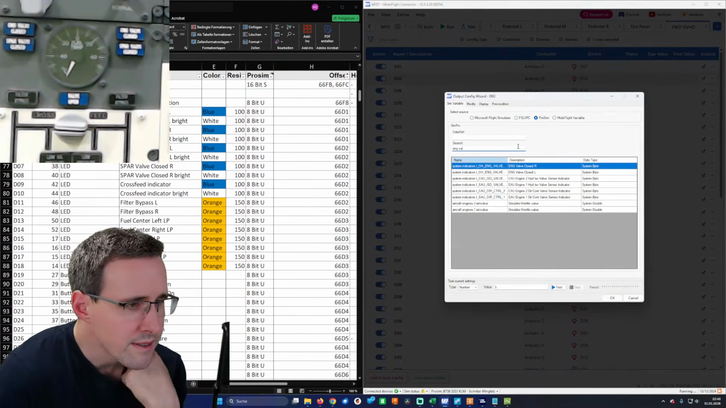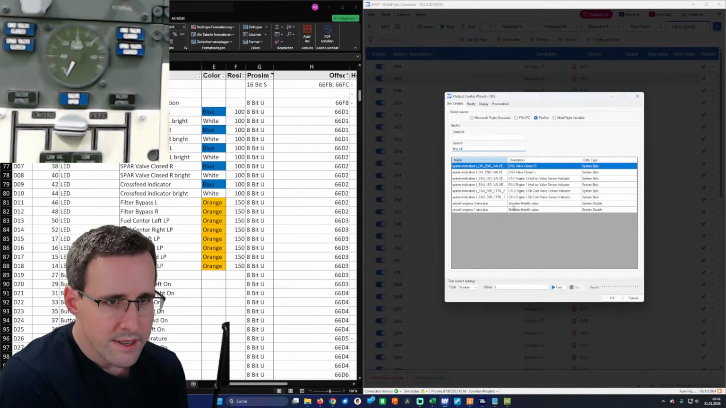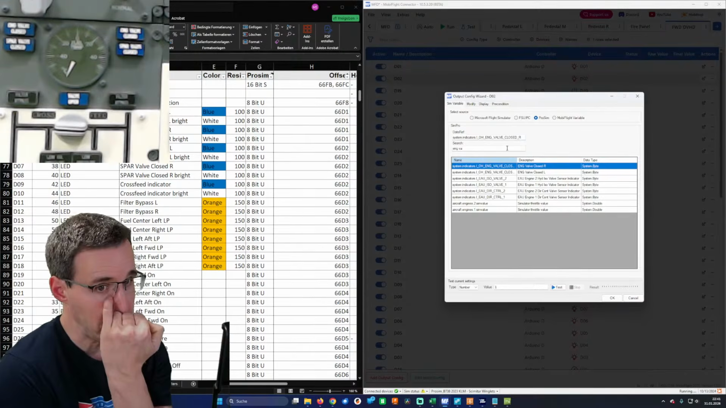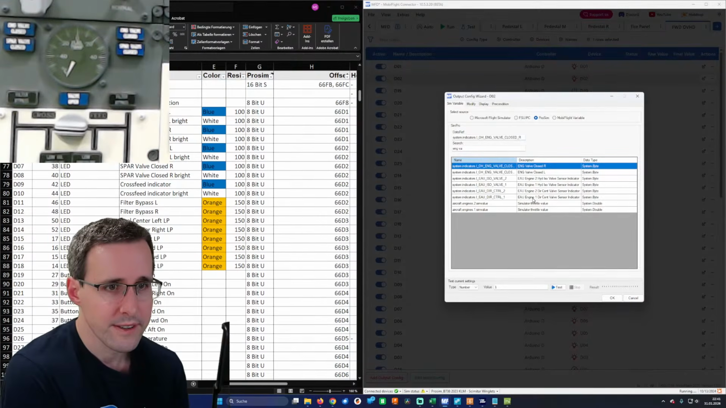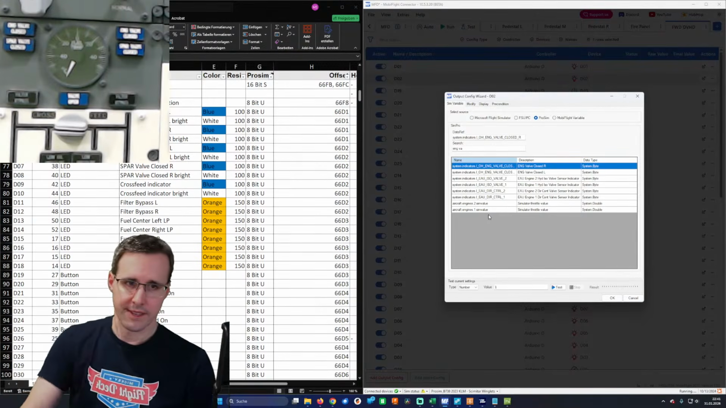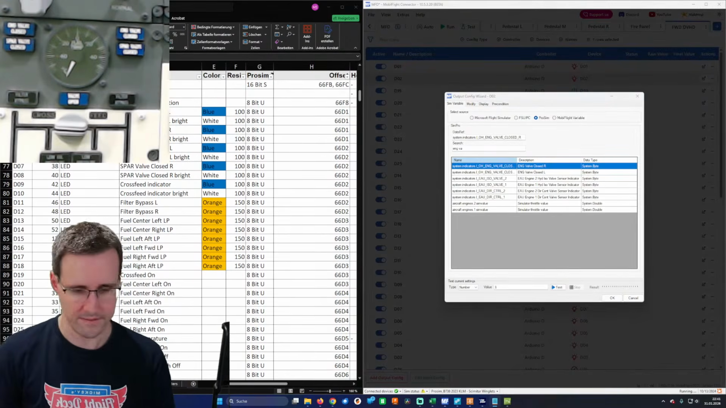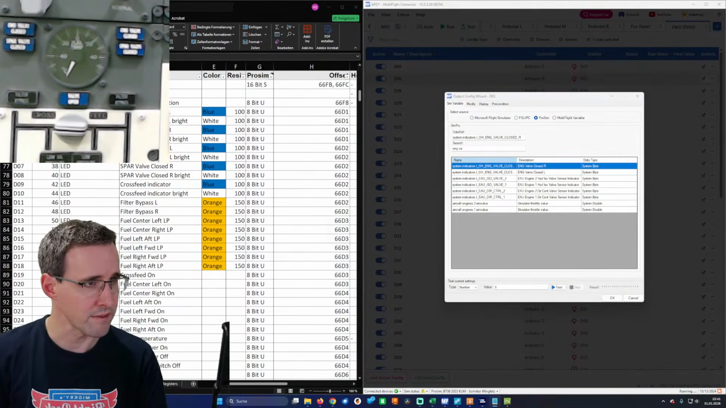It isn't there, no? Yeah, this is something I have to ask in the MobiFlight Discord. I think we have engine valve closed left and right, but the two gates, the bright modes, aren't there. Let me get out my notepad and write it down. So engine